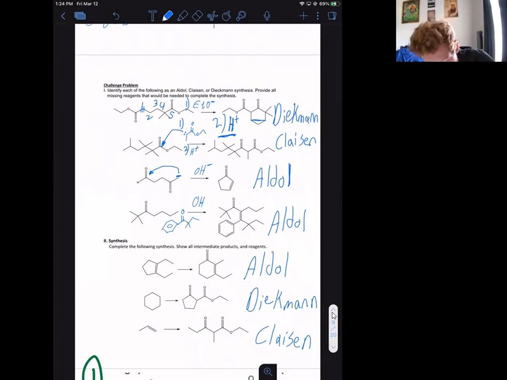And that's because basically this carbon right here is going to be very prone to, sorry, I got a text,